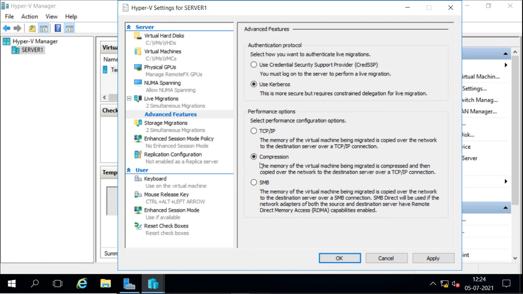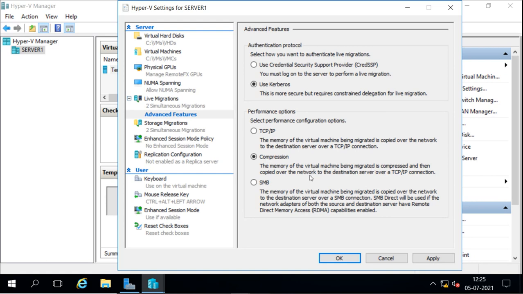Then for the performance option, that means how the machine is going to move. Remember, it is a live migration of a live machine. That means when the machine is running, the applications are also running, so the memory of those applications, the running state, will also move. How is it going to move?